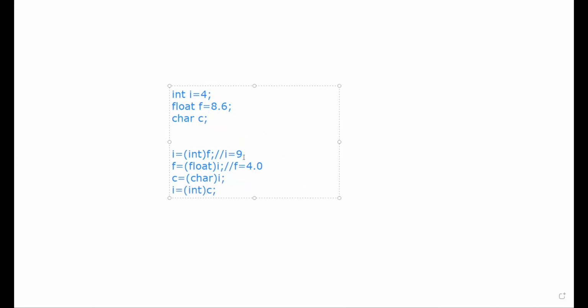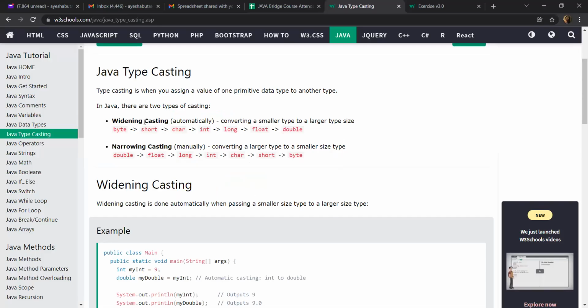Okay, so this is basically your type casting. So widening casting, it is done automatically. जैसे मैंने अभी कहा कि अगर आपको converting a smaller type, okay, to a larger type, this is done automatically. So converting a smaller type to a larger type, it is done automatically. क्योंकि byte को short में convert किया, short को char में, ये हो जाएगा। क्योंकि अगर 4.2 है तो आप उसको truncate करके 4 कर दो। बट नैरोइंग कास्टिंग हैज टू बी डन मैन्युअली, मींस अगर कोई लार्जर टाइप को